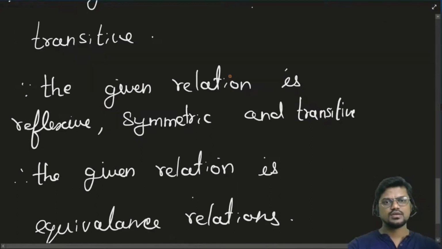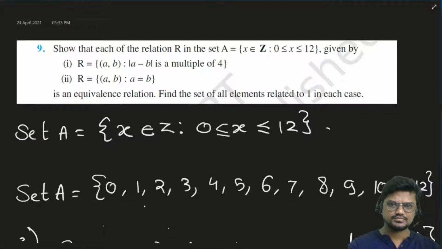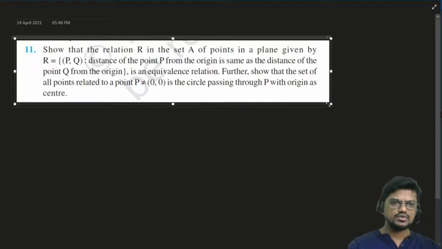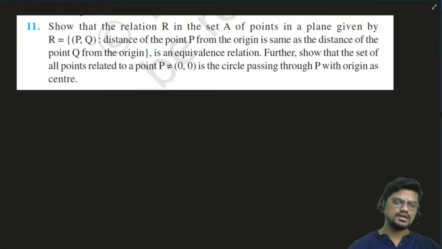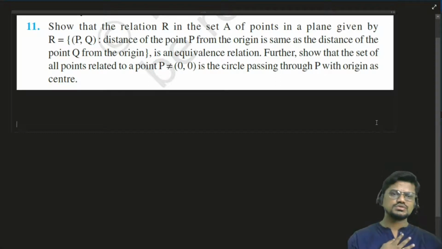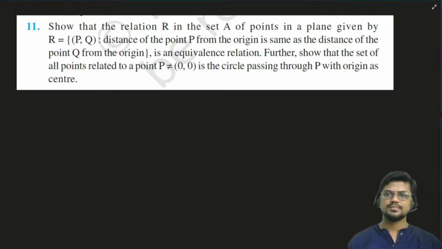Fine. Now let's go to the next question. Just a moment. Guys, if you have any doubt, you can ask by raising your hand, and you will get unmuted and can ask your doubt. Or you can type in the chat box that you have a doubt. Then you can ask your doubt and get it clarified. Okay, now the next.